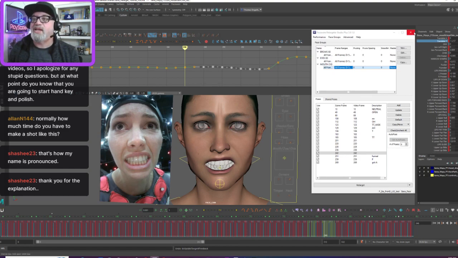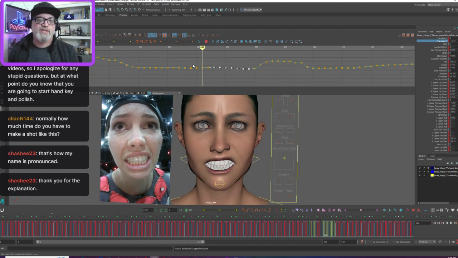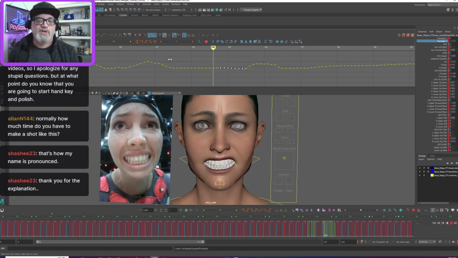So I guess I'm saying right now, since I started going in the graph editor, we're getting rid of Retargeter just for now, because I wanted to show you guys an example of what I would do in the graph editor. So I would start with the jaw. Let's just take this section, right? Let's start with the jaw, and then I would see, are there other areas that I can